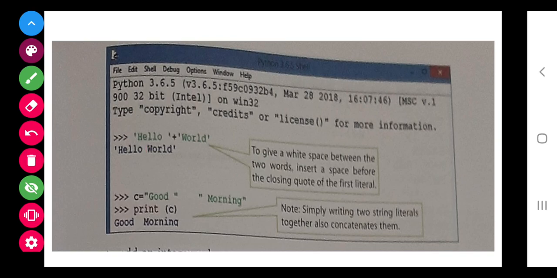This is not because of the operator, this is because the space is given after hello. In this you can see that there is a space in between, so that's why the space is coming. Now you can see the next, good morning, how they have written, and you try this.